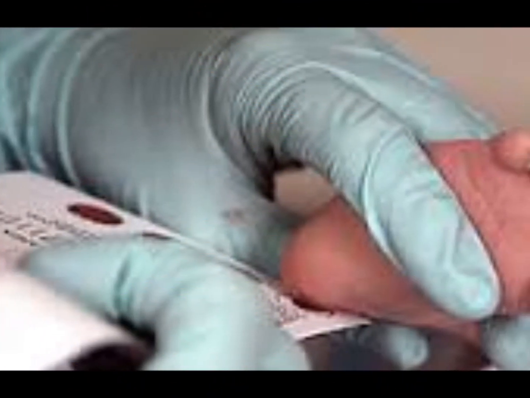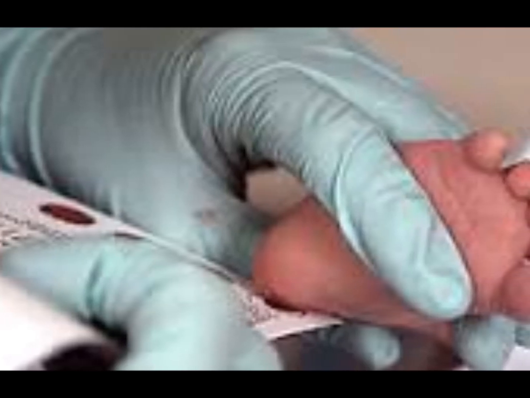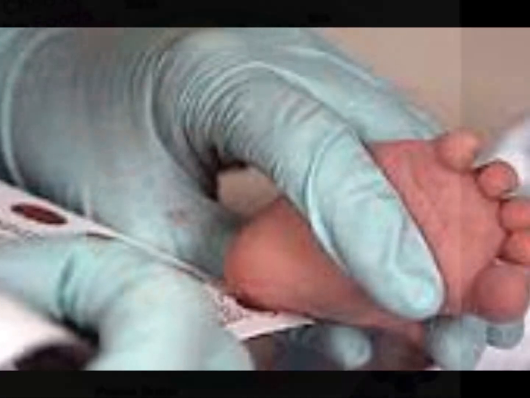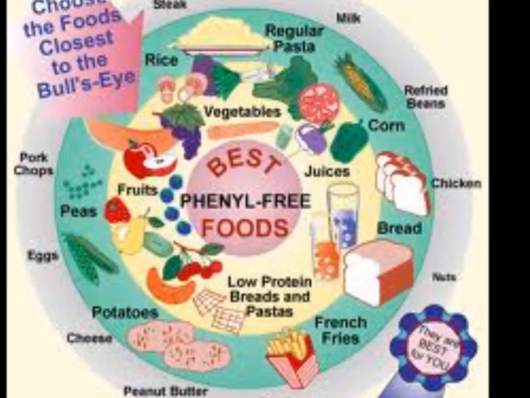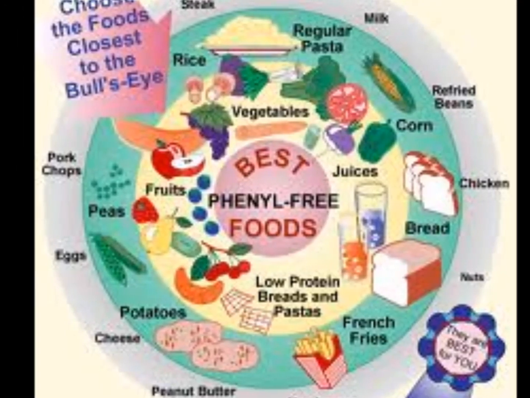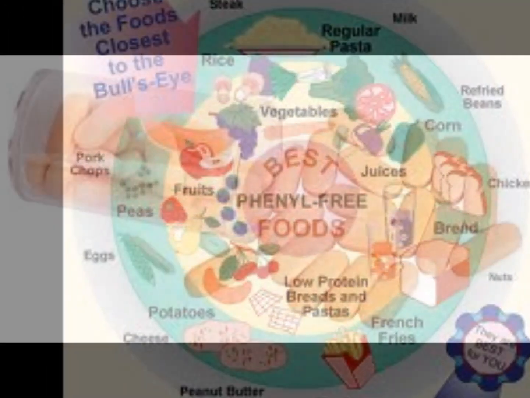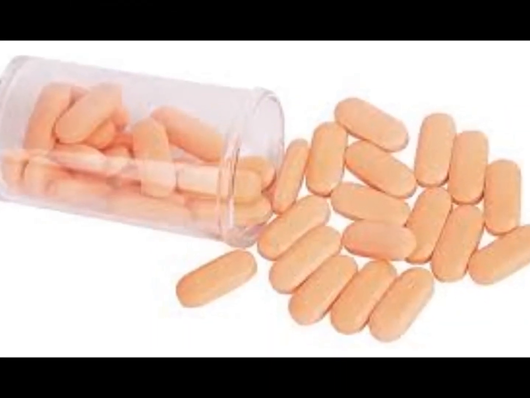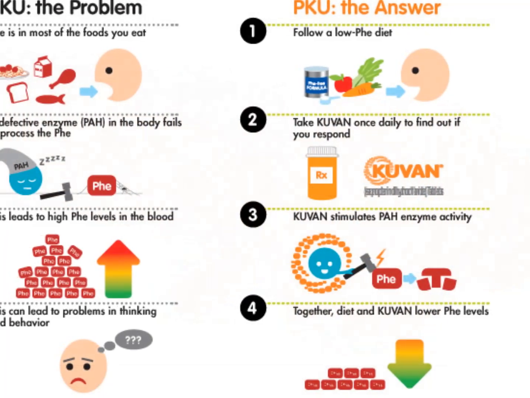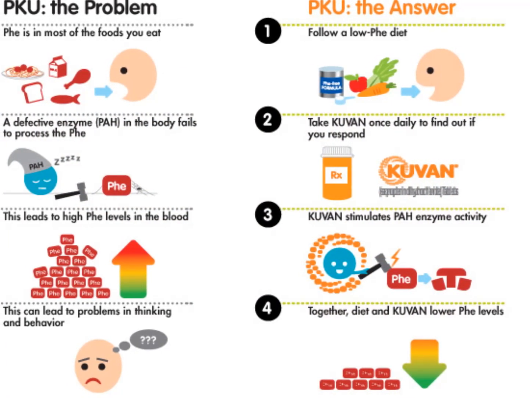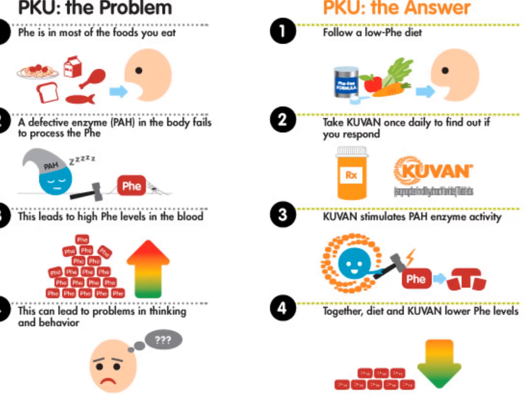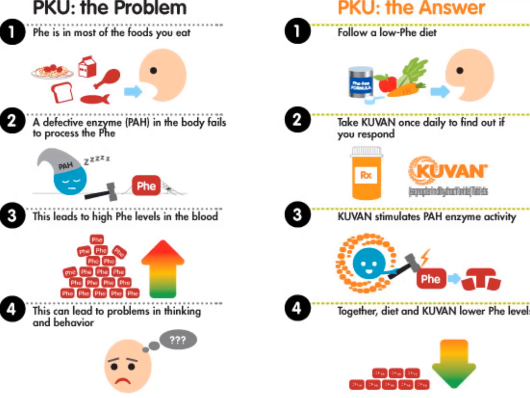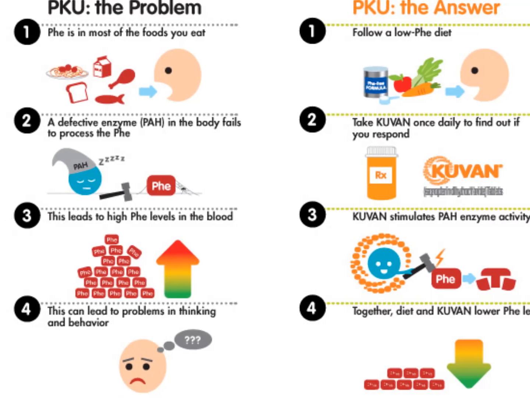Today, newborns in the United States are screened for signs of PKU. Treated individuals follow a phenylalanine-free diet and medication. Kuvan is the first and only pharmaceutical version of BH4, stimulating PAH enzyme activity. Kuvan helps patients with a deficiency in the BH4 cofactor. Not all patients respond to Kuvan positively.